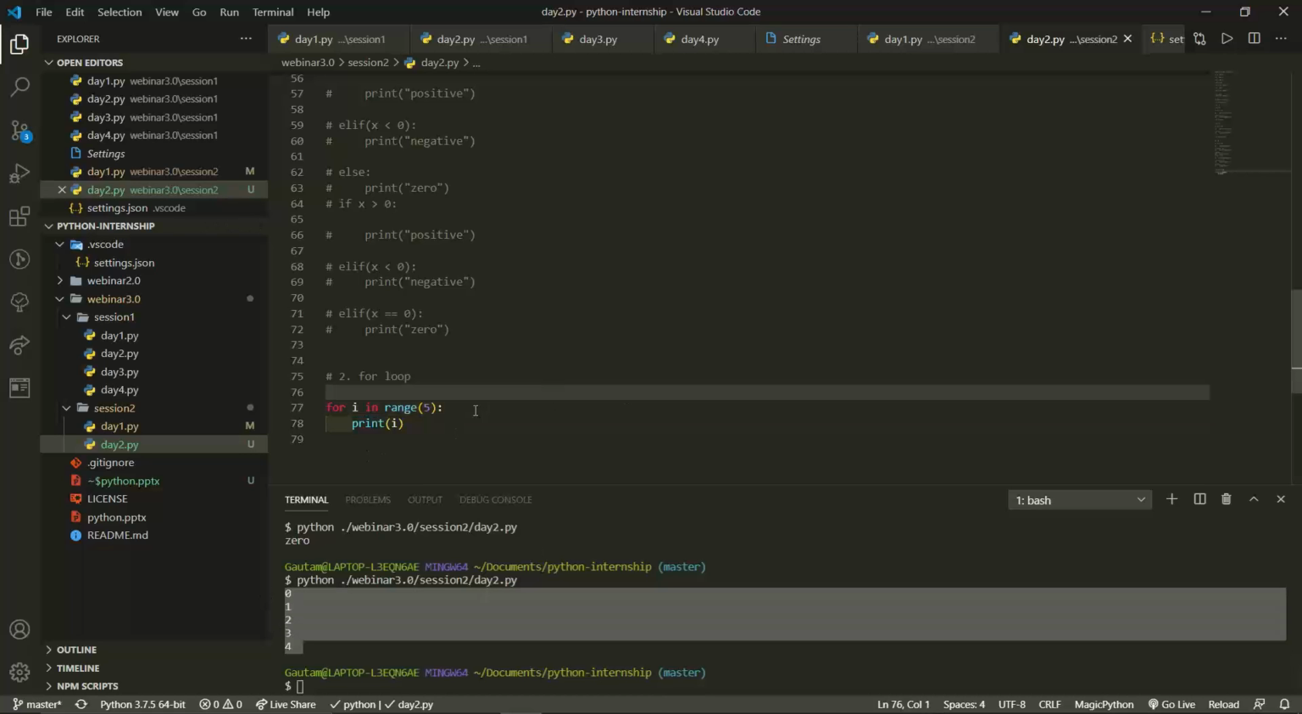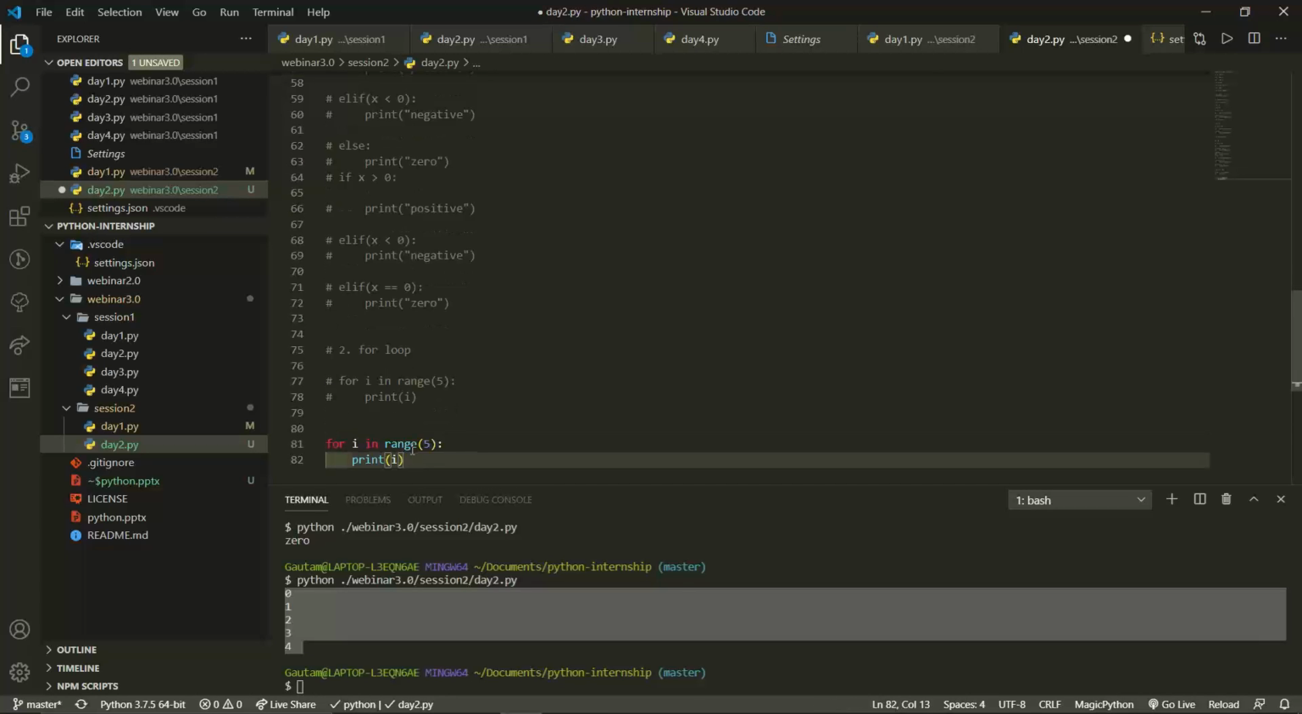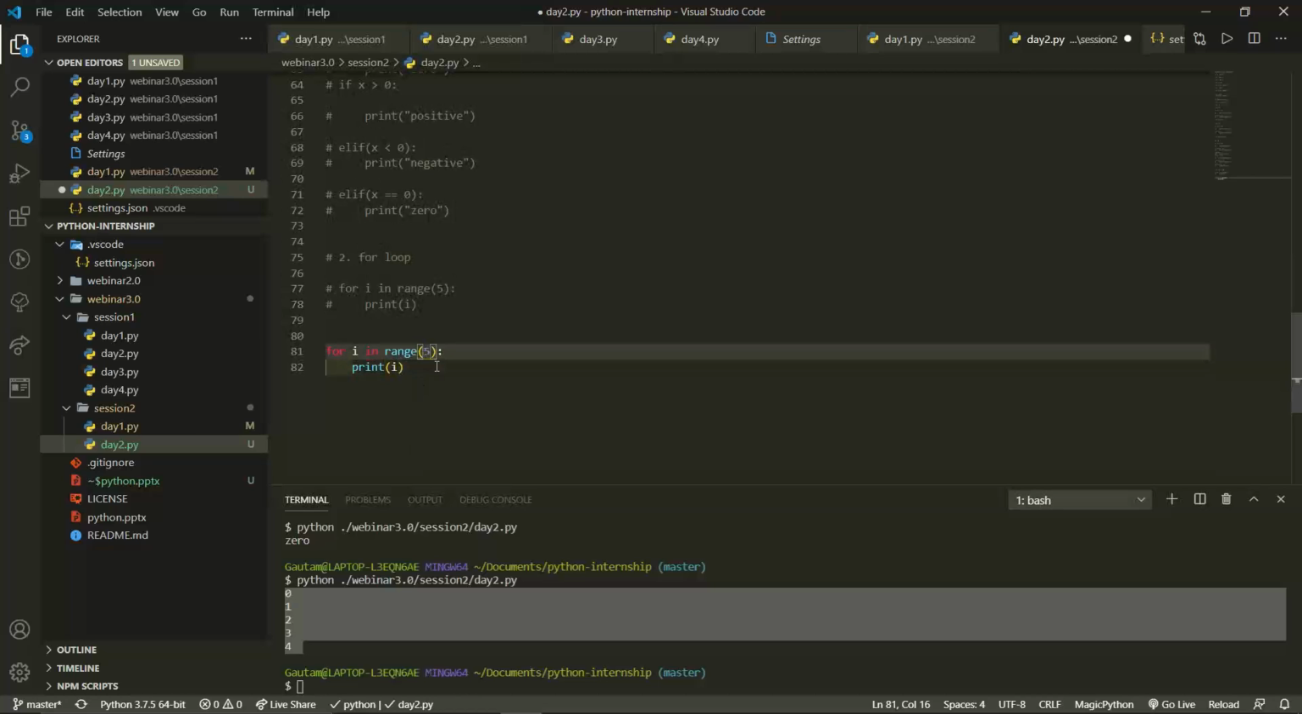Okay. Now this is the first method. Now the second method is when we pass two